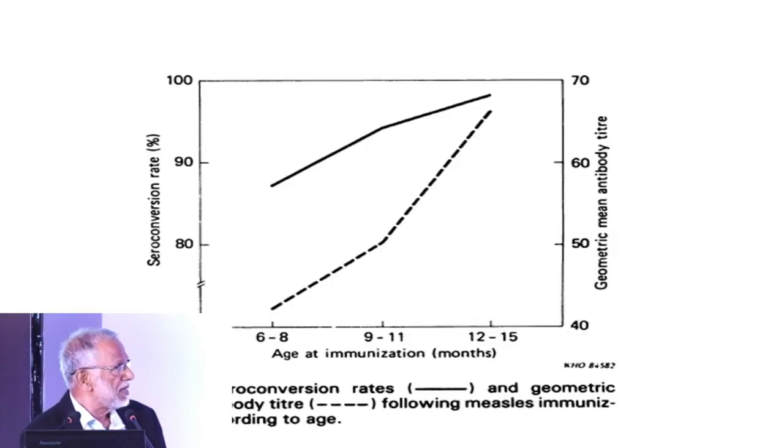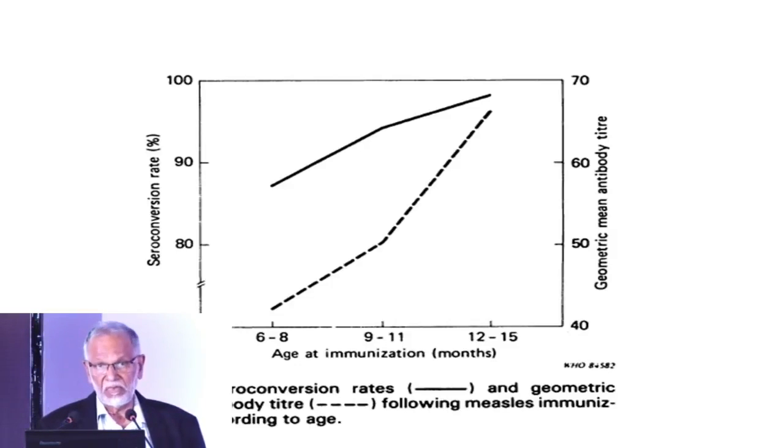The antibody levels achieved at 12 to 15 months are much higher than antibody levels achieved at 9 months. Of course, obviously below 9 months too. So this may give an explanation as to why 9 months may not be the ideal for measles elimination in future, but of course that's a research topic that we will have answers when